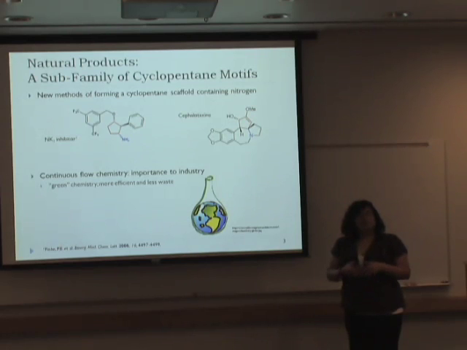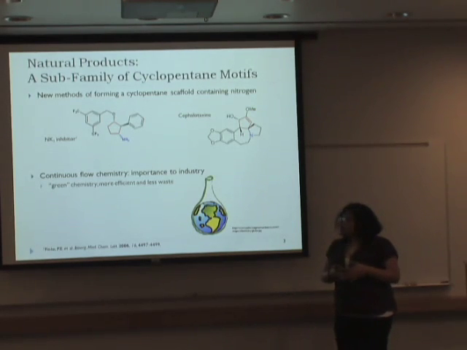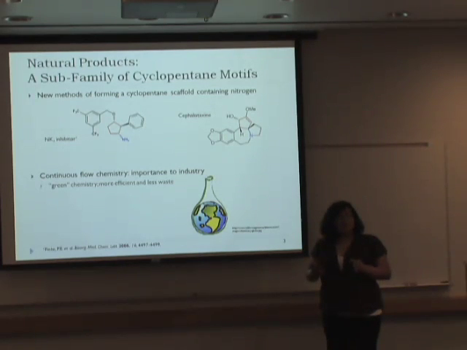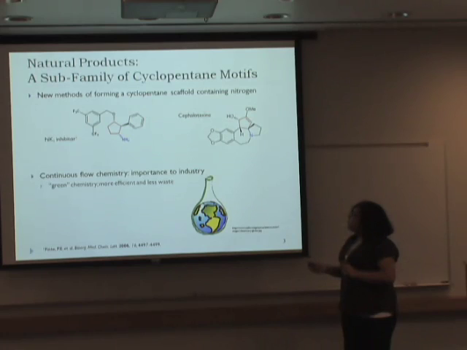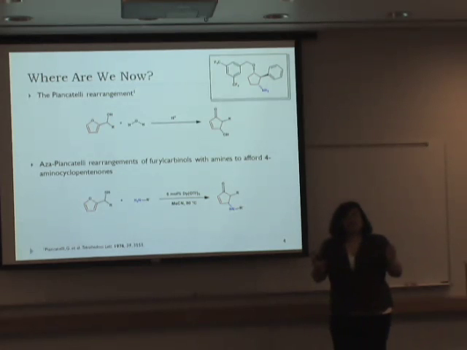It's not only important to be able to synthesize these, another step would also be to synthesize them in a more green manner. When I say green, I mean more efficient and producing less waste. This is where the idea of continuous flow chemistry comes in. Continuous flow chemistry is a technique that is more efficient and produces less waste, and that not only has importance in the chemical industry, but also for regular benchtop laboratory synthetic chemists. And so thinking of the research group that I'm working with, they have looked at the